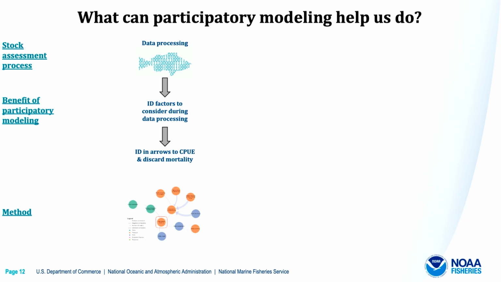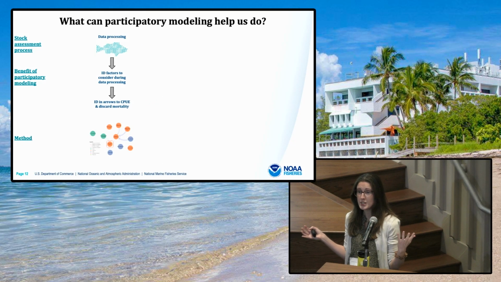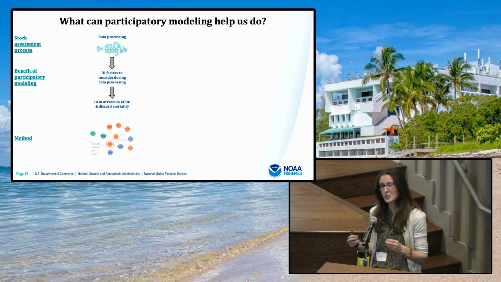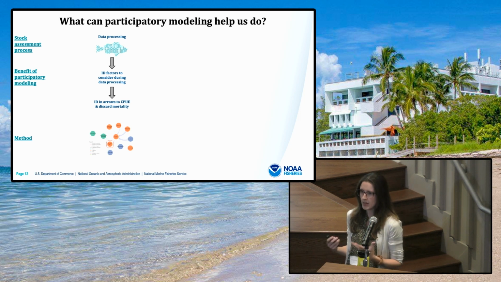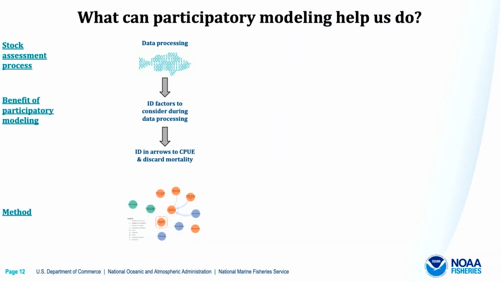So the data processing step. Once you have data in hand, it has to be processed and formatted in a way that it can be input into a stock assessment model. One of the things that we need to calculate is discard mortality. Discard mortality is basically when fishermen hook fish, bring them to the boat, and decide to throw them back overboard, either because they don't have any more quota, they've reached their bag limit, or they just don't want that particular species, right? We make the assumption that a certain percentage of those fish that get thrown back live and a certain percentage die, and we have to calculate that so that we can accurately figure out how much discard mortality there is.